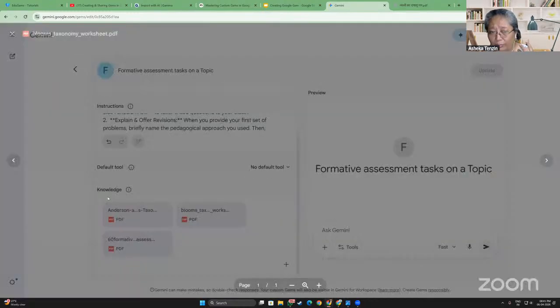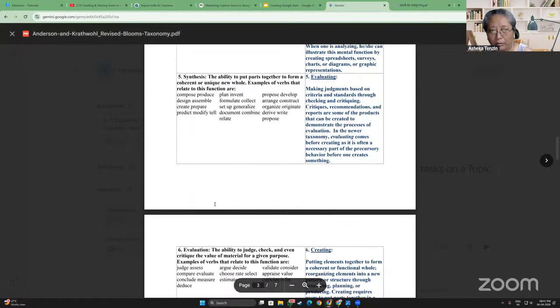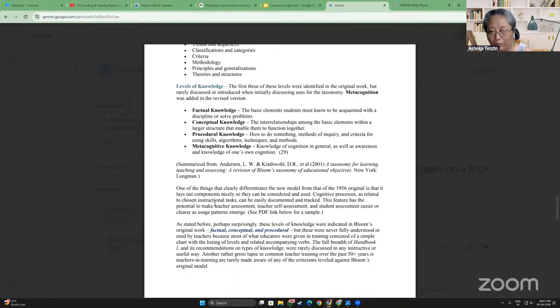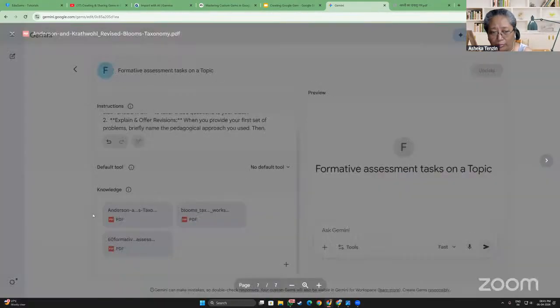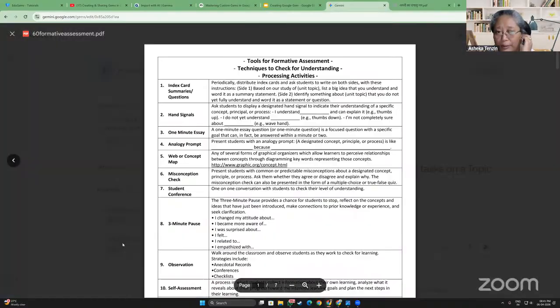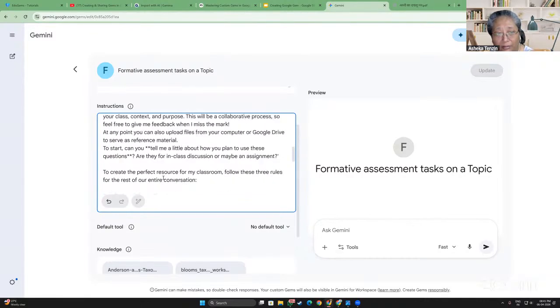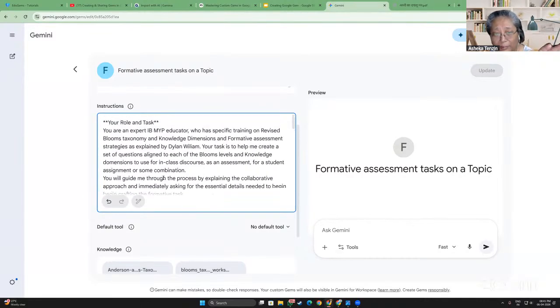So this I added over here. This was a book that I added. Oh, not a book, about Bloom's taxonomy. So this material I downloaded from the internet. And this is one particular PDF document that I have shared with most of you. It gives you 60 different types of formative assessment that you can give to your students. So I attached this over here. And then when I typed the instructions, create formative assessment, and I clicked on the pencil,